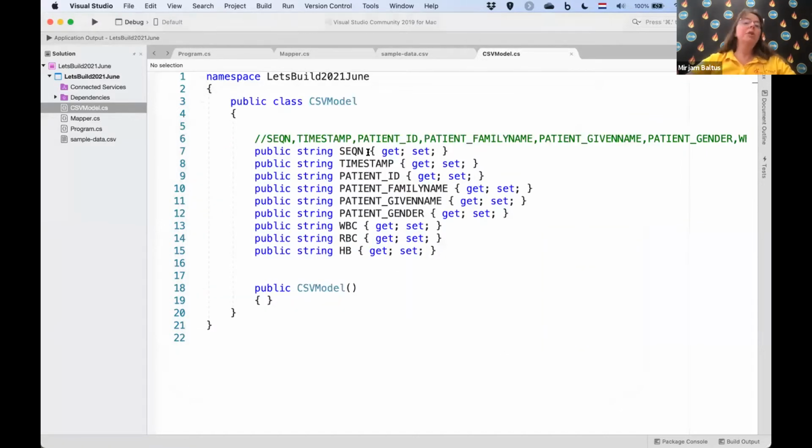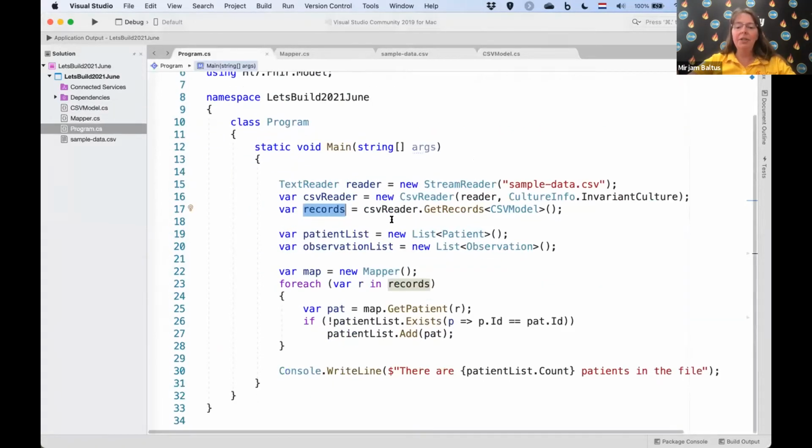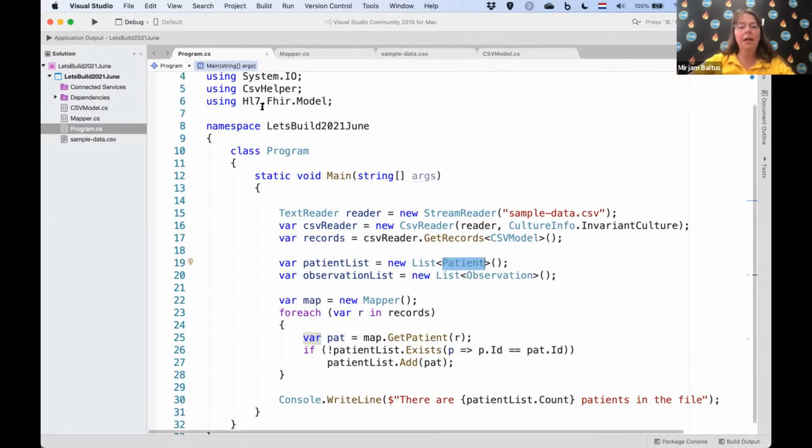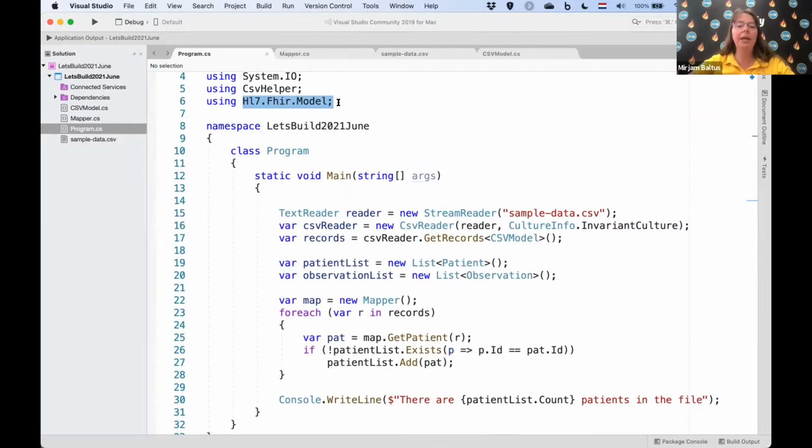So what I'm going to take a look at is my program again, and what I want is to create a list of patients, because I have all these records, and per record I have a patient in there. So I want to create a patient list, and you can see I use the Patient object here, which is just that FHIR model, and of course I have a using statement for that. I'm using hl7.fhir.model in order to get the complete FHIR model, all of the FHIR resources and data types